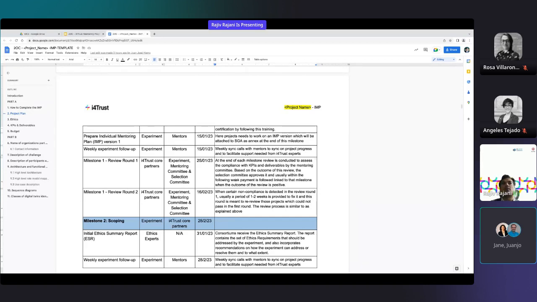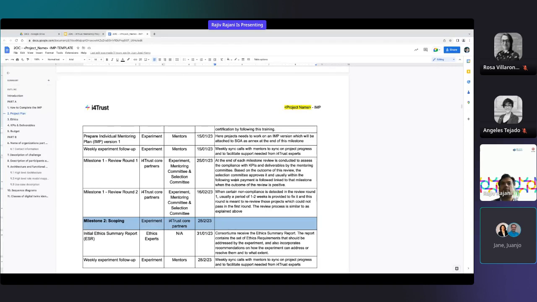You see there is a second round. In case mentors find in the first round that you are still not compliant with certain elements that you need to fulfill for completion of this milestone, they will inform you about that and provide you with some time to finish it. So whichever are not finished by the first round, there is a second round which follows, in which only the experiments which have not finished everything in round 1, or did not pass round 1, will be reevaluated.